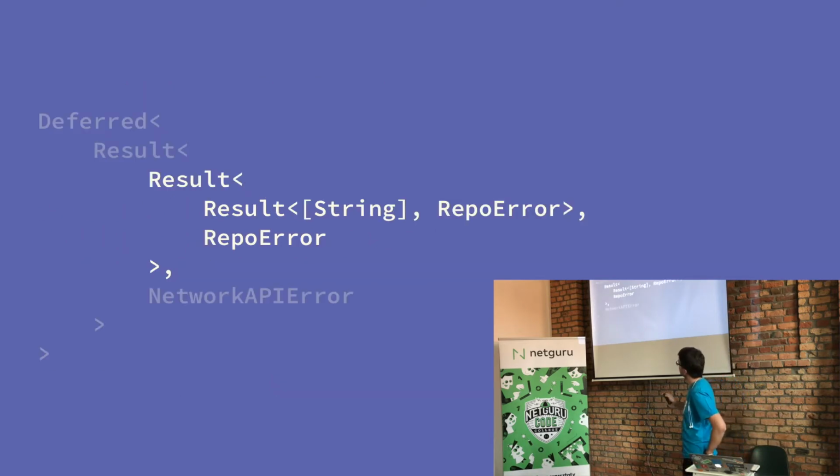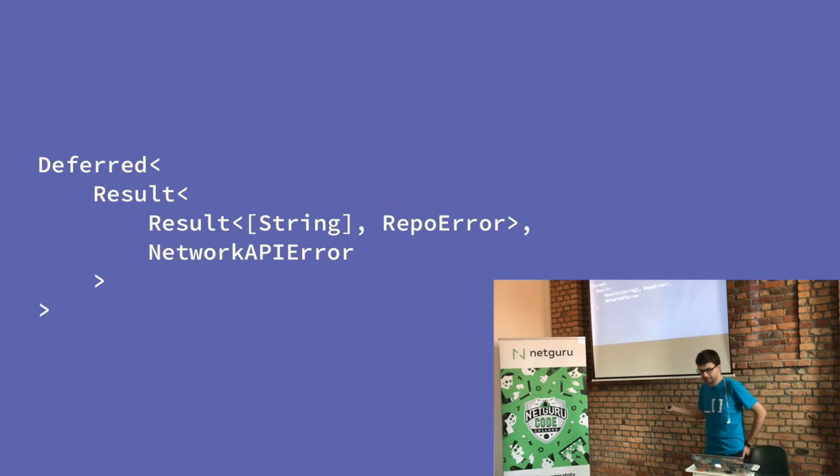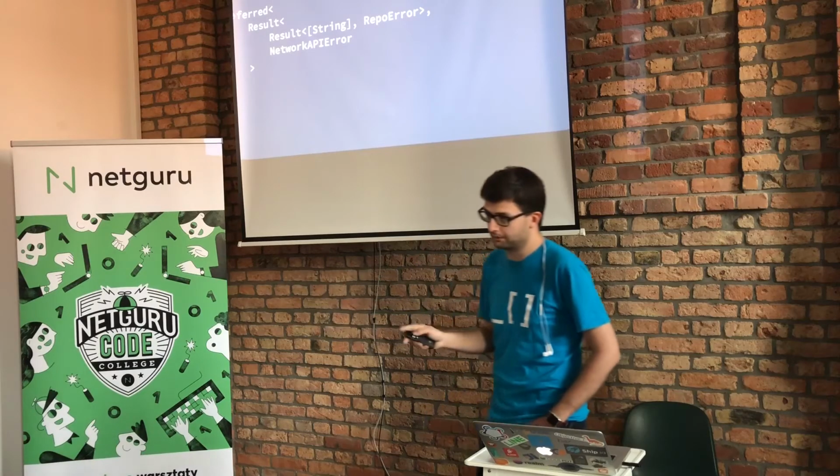But now our signature is a little bit simpler, and also we get one more thing. Now we are in our classic result in a result situation, and what's even better, the errors match. So we can just simply merge them, right? Let me just merge them. So this is already pretty manageable. And we got here by basically only transforming our errors and discarding a little bit of information.